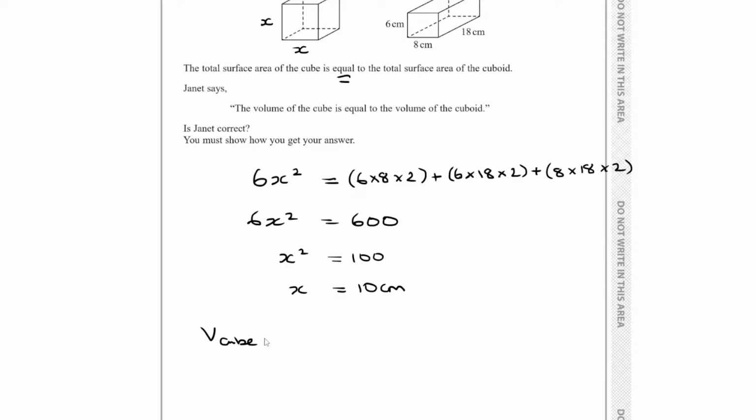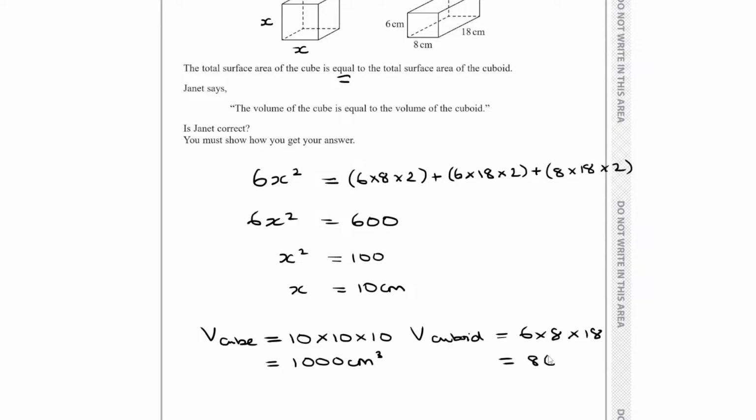The volume of the cube is just, well, they're both the same formula, aren't they? Base times height times length, whatever you want to call it. Three dimensions multiplied together, which for a cube is all the same. So that one should be 1,000 centimeters cubed. The volume of the cuboid is the three dimensions multiplied, but obviously that's 6, 8, and 18, which should give you